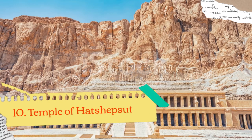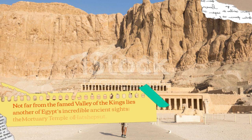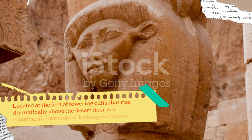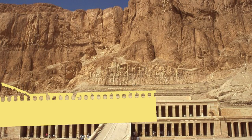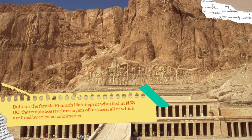10. Temple of Hatshepsut. Not far from the famed Valley of the Kings lies another of Egypt's incredible ancient sites, the mortuary Temple of Hatshepsut. Located at the foot of towering cliffs that rise dramatically above the desert floor is a massive, almost modern-looking monument. Built for the female pharaoh Hatshepsut, who died in 1458 BC, the temple boasts 3 layers of terraces,